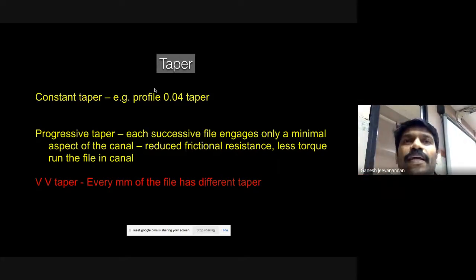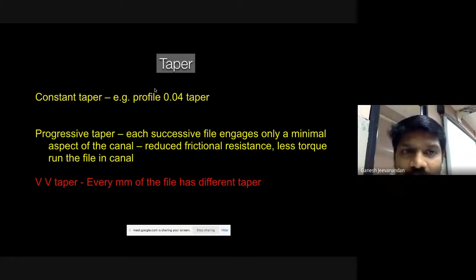For example, say you have a white color K file, the tip diameter is 0.15, which is D0. D1 is add 0.02, which is 0.17. So every millimeter of the file will increase by 0.02 in 2% taper, or 0.04 in 4% taper. You will have 6% taper, 8% taper, 10% taper.